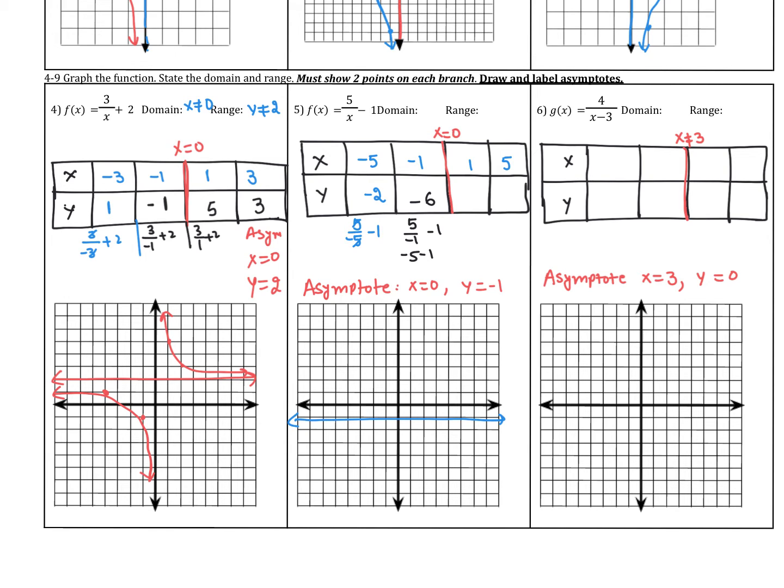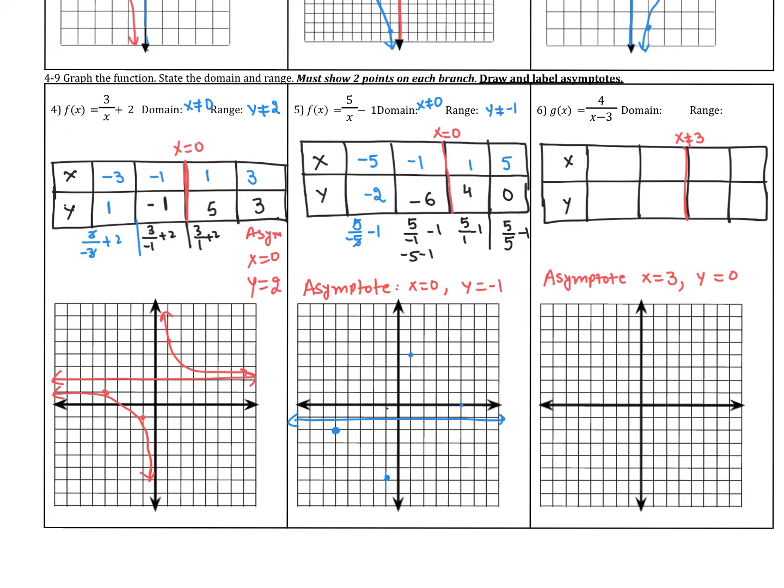5 divided by 1 minus 1 is 4, and 5 divided by 5 minus 1, which is 1 minus 1 is 0. So for domain, you can get all real numbers except x equals 0, and for range, you cannot have negative 1 for y. When you're going to plot negative 5